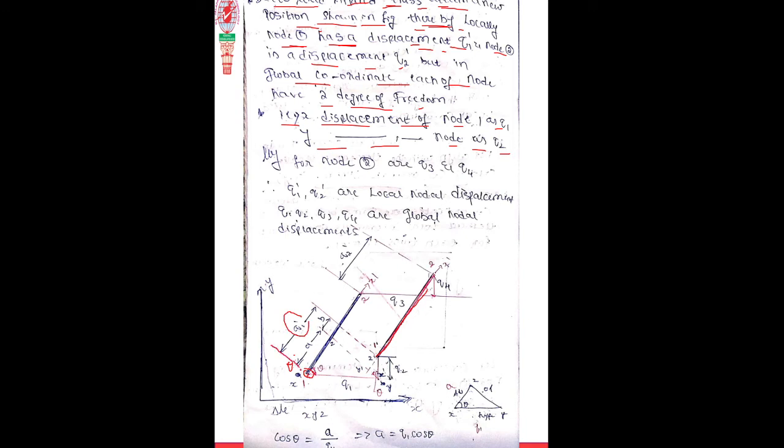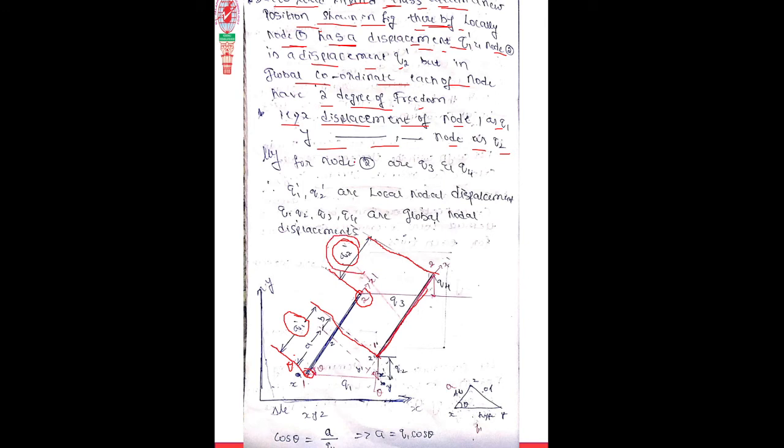I will draw one perpendicular line here, and the same perpendicular line from the second position. This is for node 1 after displacement. This distance, the parallel displacement, is q1 dash with respect to the local coordinate system. Similarly, at node 2, with respect to the local coordinate system, the displacement from here to here is again this distance, called q2 dash. You draw a perpendicular line here and one more perpendicular line, so the displacement of node 2 in the local coordinate system is q2 dash.